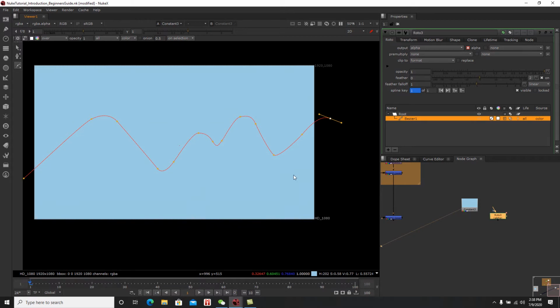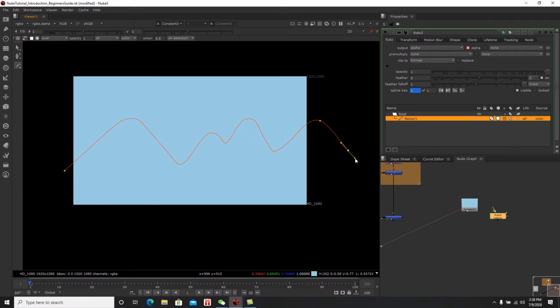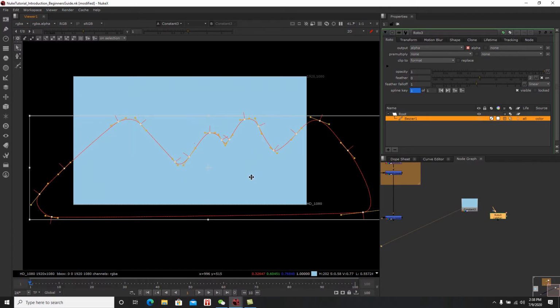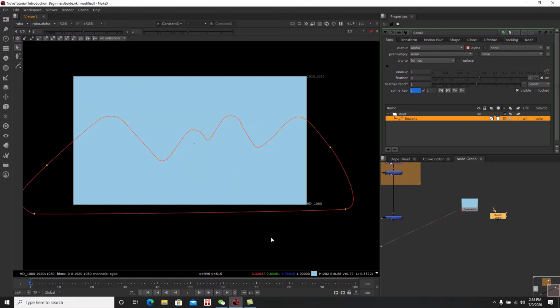Okay, I can use my middle mouse to pan and scroll, and I'm just going to make a mountain over here. I'm going to connect it, close it, and make some adjustments if necessary. If you're fine with it, you could even select the whole thing, move it and position it like so. Okay, if you're happy with it, now you could